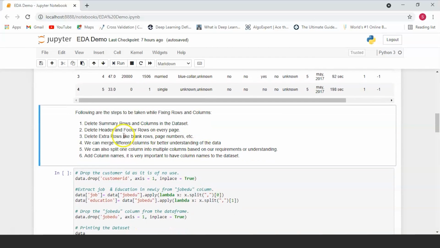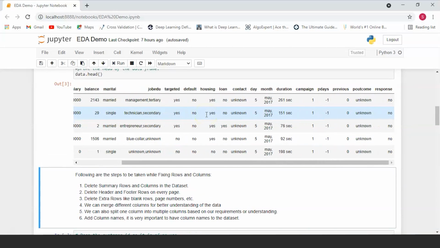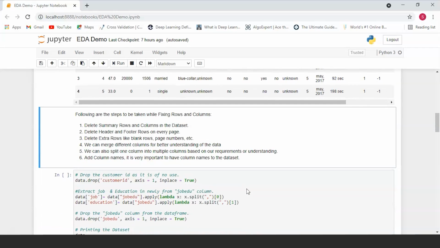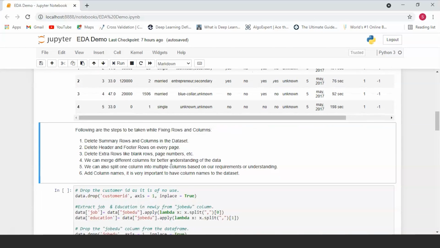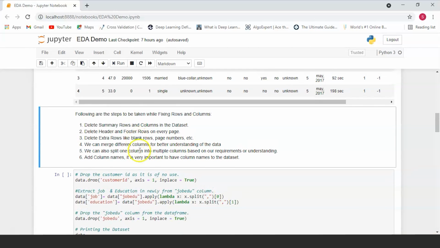We're going to delete extra rows like blank rows, page numbers, etc. Or just things that we don't need. These are general steps that you are going to take while cleaning your data. Again, all of these steps depend on the data that you have, and you don't necessarily have to follow each and every one of them. The steps that you take at the end of the day come down to what your data looks like.